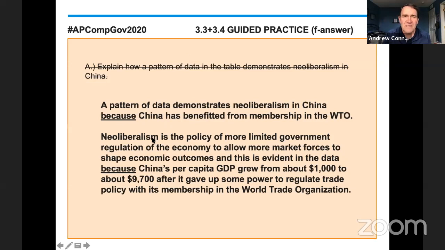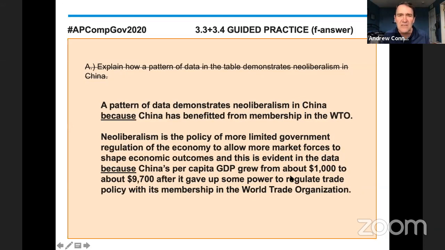So neoliberalism, and here's where I also recommend showing off that you know a little bit about the concept that's part of the question. Neoliberalism is a policy of more limited government regulation of the economy to allow market forces to shape economic outcomes. Hopefully you know that a little bit more today. So I put a summary of the definition in there. And then this is evident in the data because, still emphasizing my word of causation, China's per capita GDP grew from about $1,000 to about $9,700 after it gave up some power to regulate trade policy with its membership in